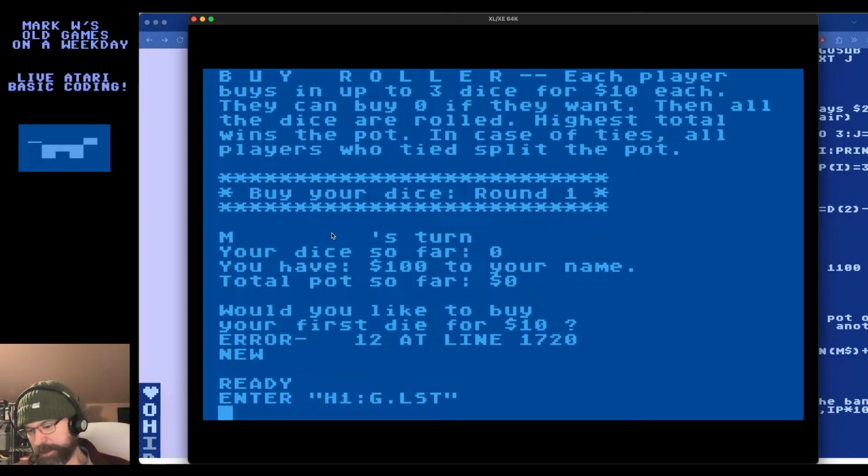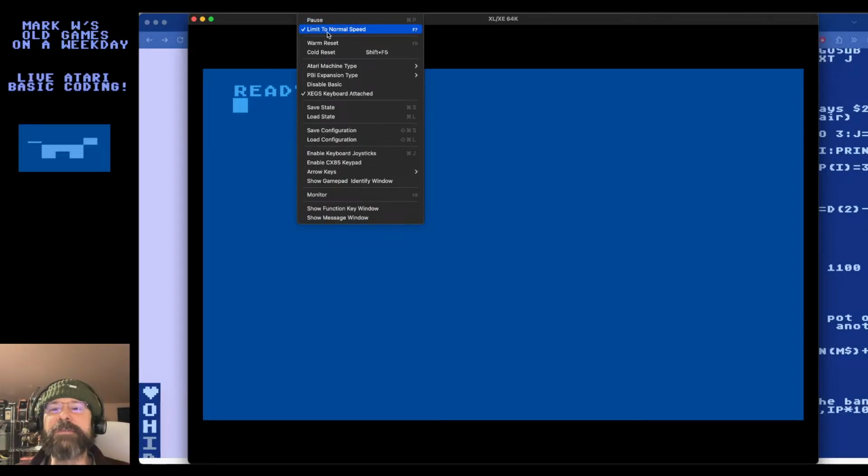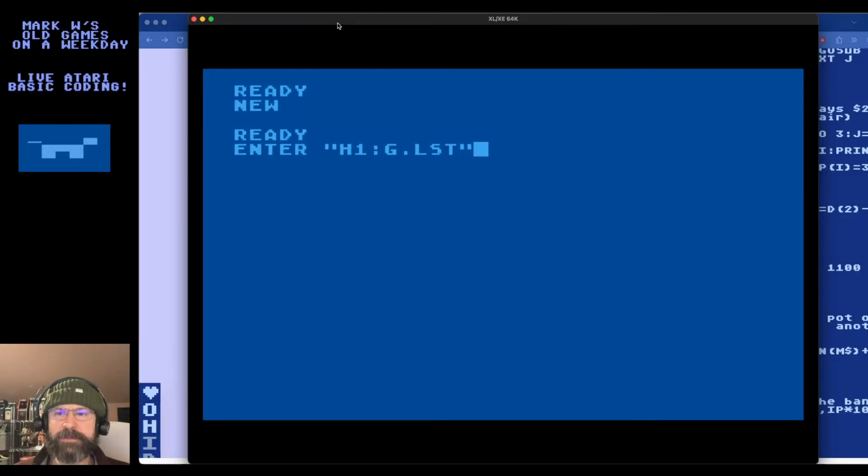And as I mentioned last time, unfortunately, I just hit reset. Okay, F7 is the one I want. So there's an option to make it run as fast as it can, and I just hit F5 by accident, which resets it. So hold on, sorry about that. I have to get into the swing of things here. Okay, now we hit F7, not F5, and it still takes some time.